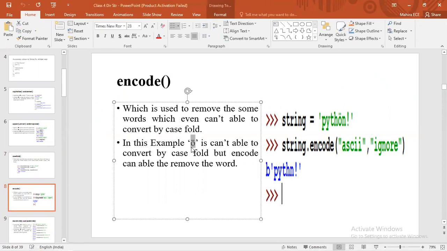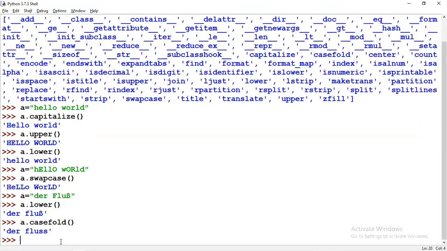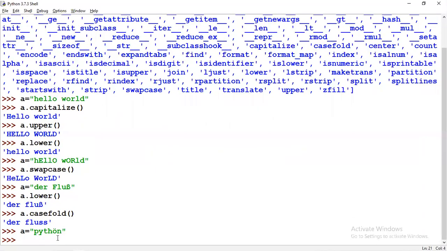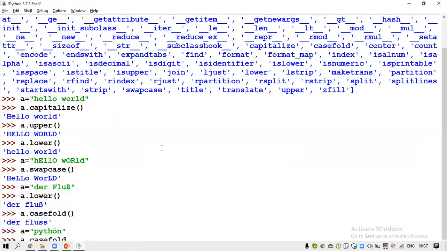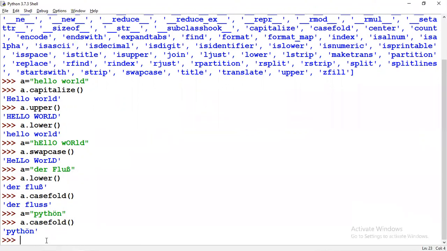So here we have this O. I'm just copying this O. So A equal to pi and this O n. So instead of normal O, you have something which exactly looks like a Latin letter or something. So A dot, I'm just giving a case fold itself. So when we are using a case fold for it, nothing is actually in a caps kind of letter, so it's not converting.